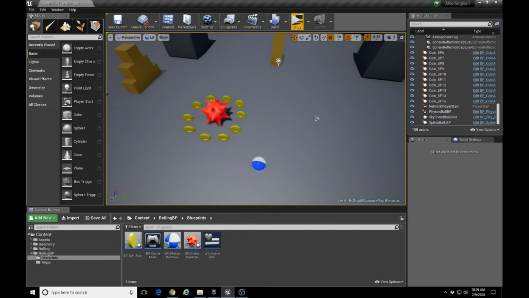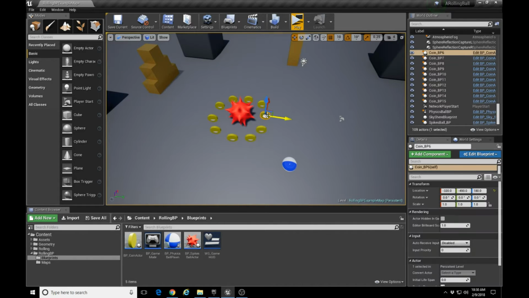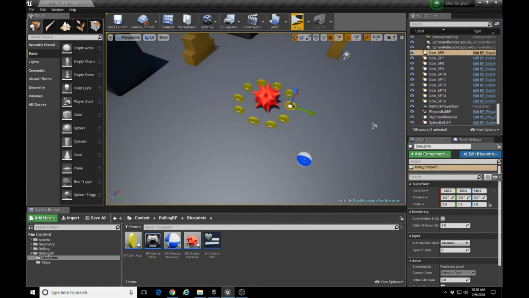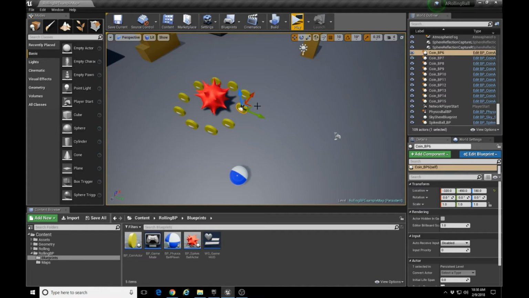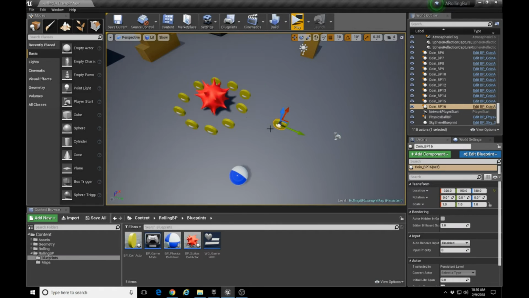The next thing we're going to learn about is duplicating objects. So select one of the coins, hold down your Alt key and drag with either the X or the Y axis arrow, and that will create a duplicate of the object as you drag it. You can select multiple objects by holding down the Control key and left clicking on them. So I'm going to delete the one that I just dragged off of there by having it selected and pressing